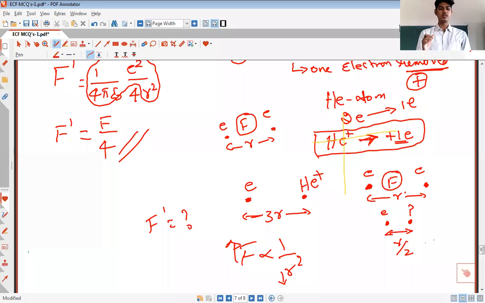So I hope you know how to solve the problems with respect to charges and distances. If the distance between two charged particles is changed, you must remember the force between them also changes. Force depends on distance, and it is found to be inversely proportional to square of the distance. Is this clear? If that problem is clear, I have more.